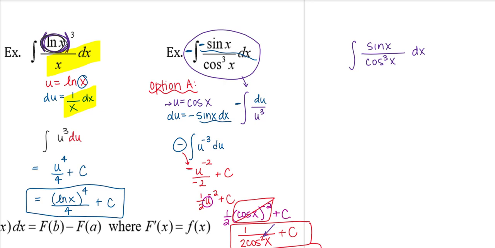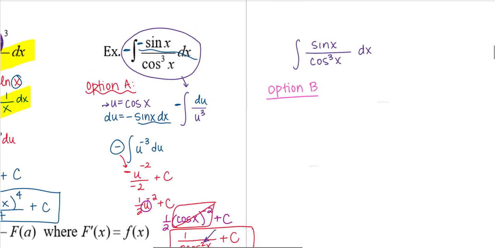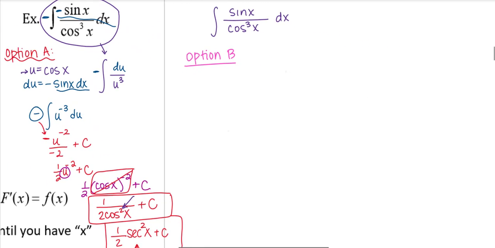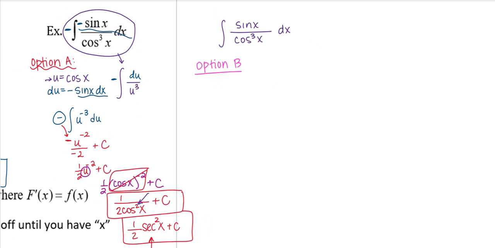And if you really thought, no, I know that u substitution, I'm good to go, then maybe this option B is not for you. Now option B, and again, there was no rhyme or reason to this order. Let's see if I can get them both on the same screen here. Option B just says, can I rewrite the trig? So maybe I have a natural derivative and antiderivative pairing in it.